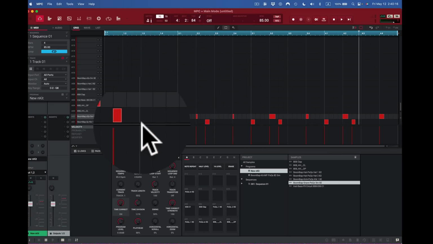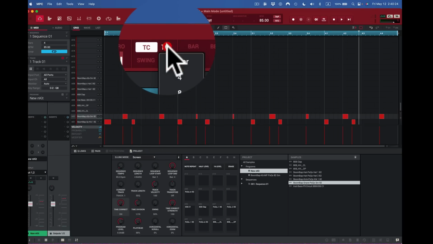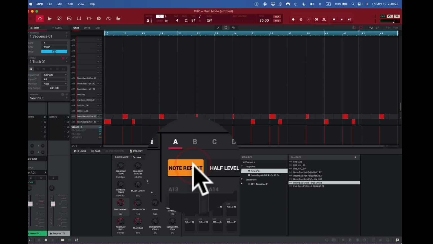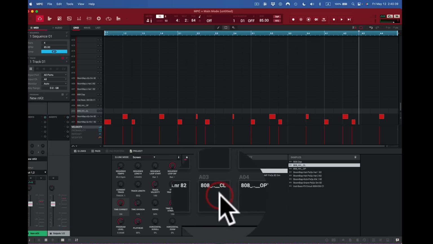Now, I can put hi-hats in here too. I may not want to just do the hi-hats that way. I might just want to do hi-hats using 8th notes. So it's pretty simple. I'll come back into here. I'll select 8th notes here. I'll select note repeat. Now I'll just hit my hi-hat. Like that. I'm just holding the button down, right? Holding my C button down,